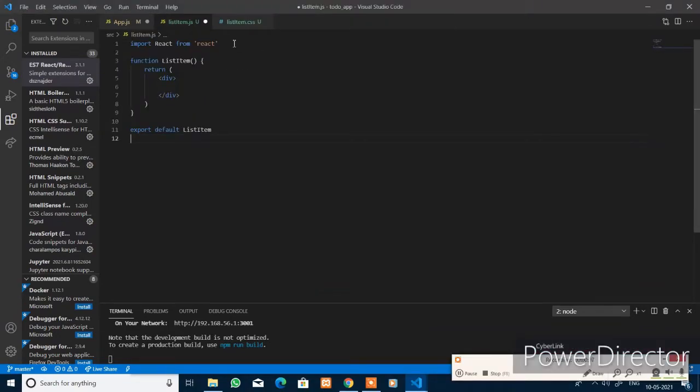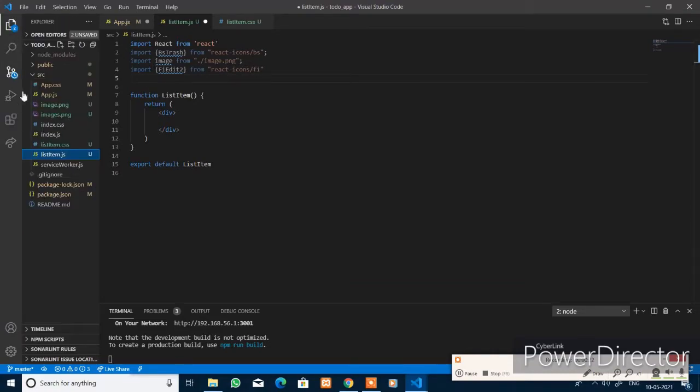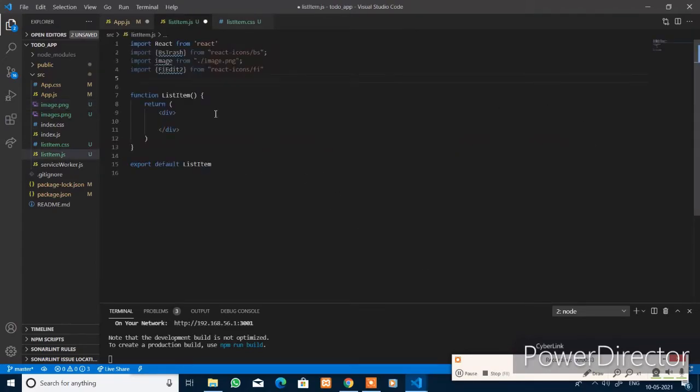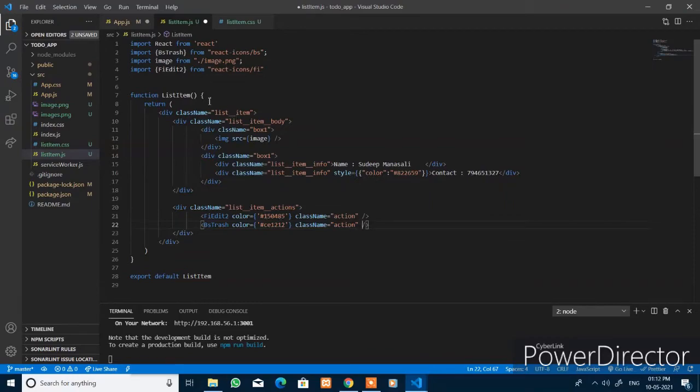Now within that list item component you import the BsTrash icon, that is the delete icon, and FiEdit, that is the editing icon, and also import the image that is in the source folder, image.png, that is this face profile picture. Also add some elements into this component and set the class name as list item.